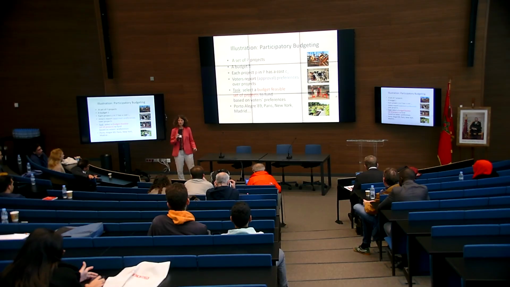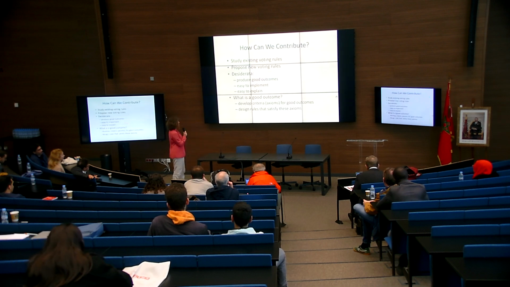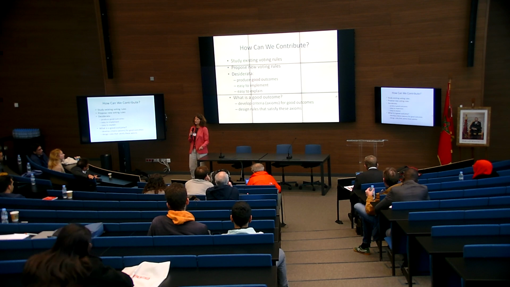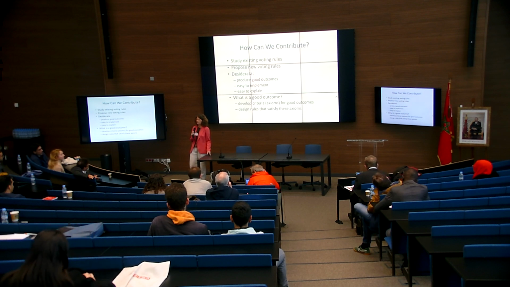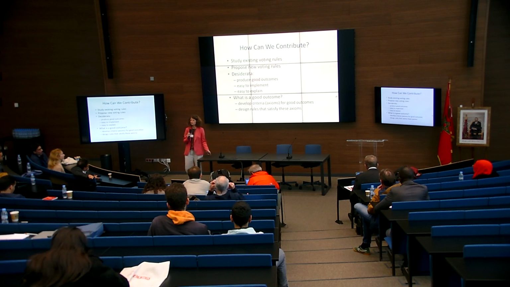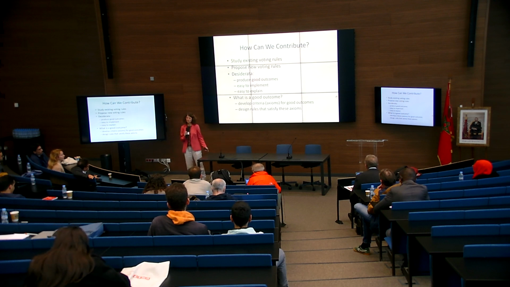Okay, so how can we computational social choice theorists contribute to this problem? Well, there are different things we can do. We can study existing voting rules, and there's a variety of voting rules out there. We can say, okay, this rule is good, this rule is bad, and try to quantify how they're good and bad. We can propose efficient algorithms for implementing these rules. More interestingly, though, we can try to design new voting rules. How would we go about designing new voting rules, and why would we want to?